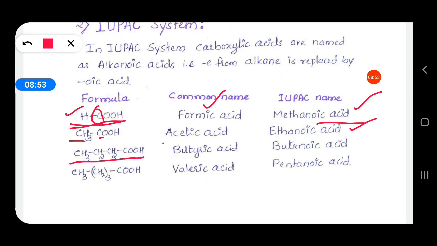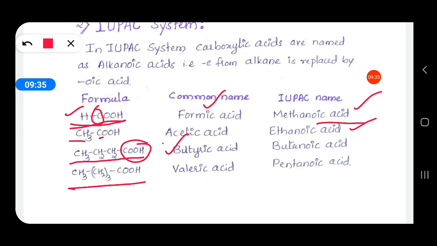In this example, 4 carbons are present, including the functional group carbon. The common name is butyric acid because it is present in butter. So it is called butyric acid. In the IUPAC name, the number of carbons is taken. The root word is given based on the number of carbons. So 4 carbons are there in the acid. So it becomes butane, because all are joined with single bonds. The last E is replaced by oic acid due to this functional group. So it is called butanoic acid.